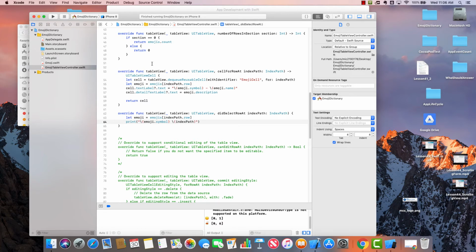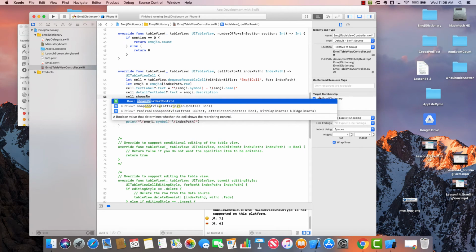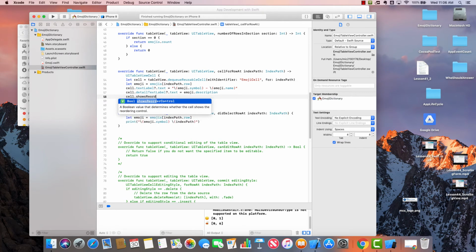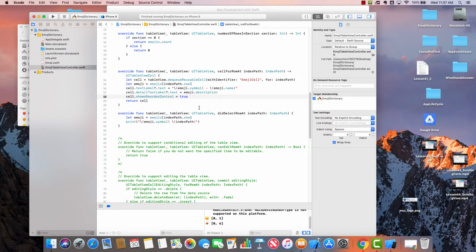So back in our project, we want to go to the cellForRowAt method, and right before our return statement, we want to set cell.showsReorderControl equal to true. And then after we've done that, we're going to go ahead and